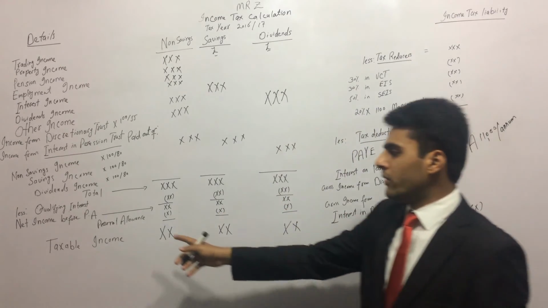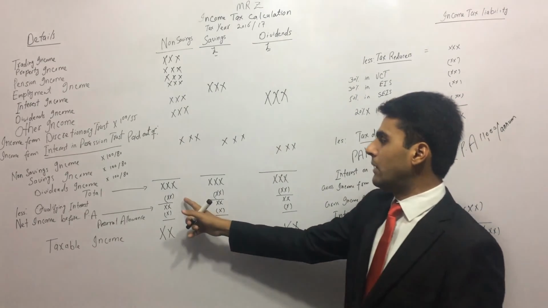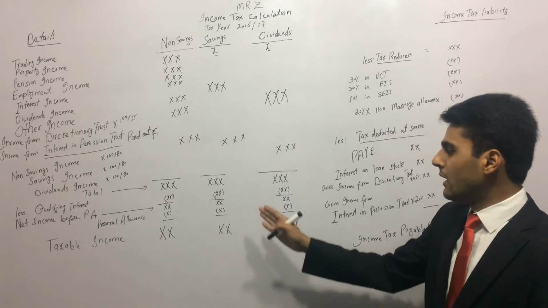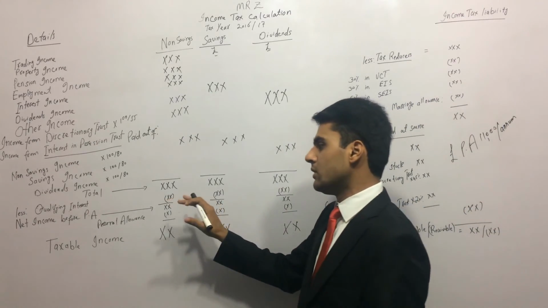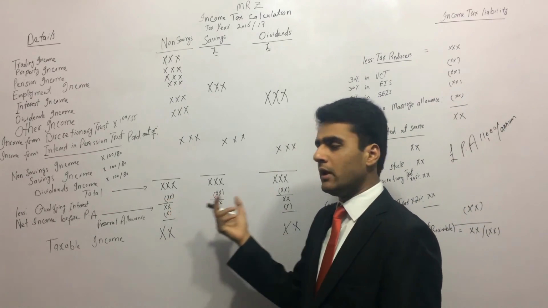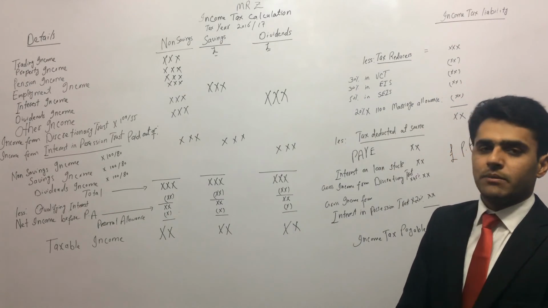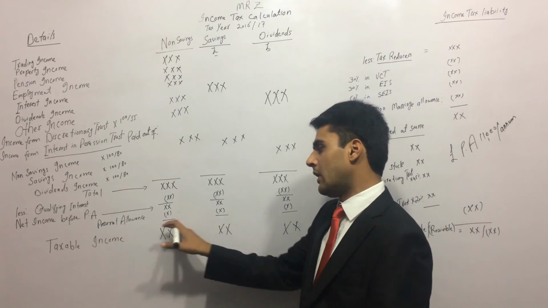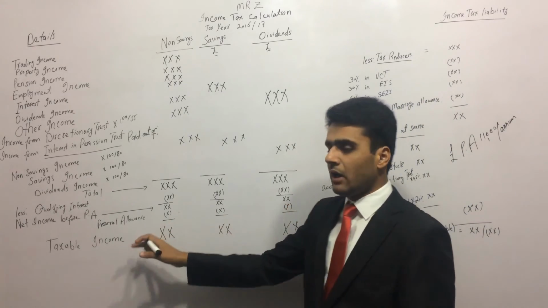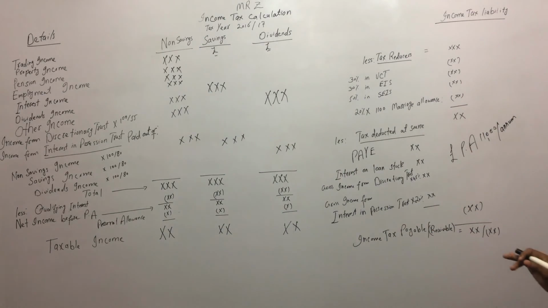All right? Now, when deducting the qualifying interest, there is one specific order. First, it will be deducted out of the non-savings income, then from savings income, and finally from dividend income. This is the order by which we deduct the qualifying interest. After that, it will be net income before personal allowance, and after that we will deduct the personal allowance out of it. Now, what the personal allowance is, I already told you. For our current tax year, it is £11,000 per annum.